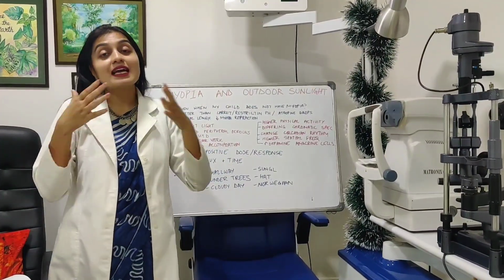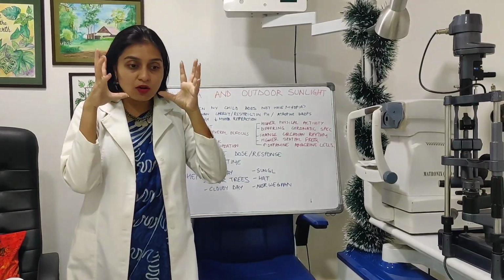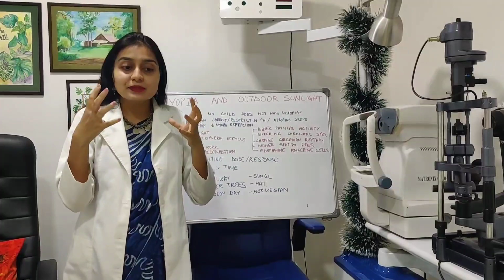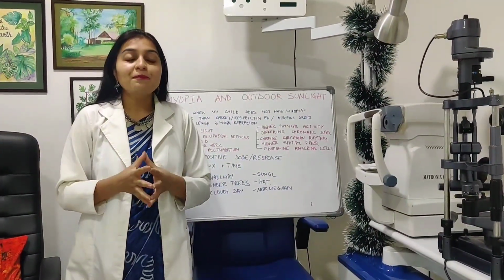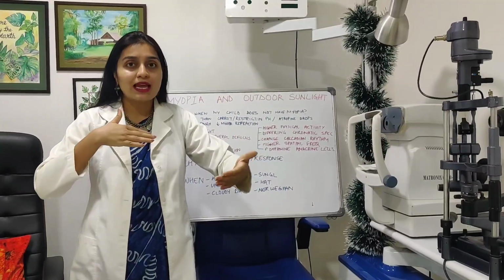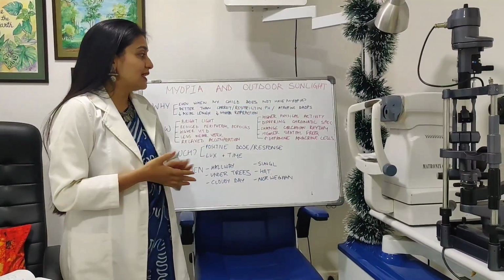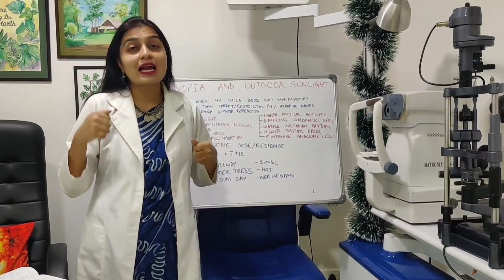The next is relaxed accommodation. Again, it comes down to near work. When you're doing near work, your eyes are in accommodation. It causes eye strain, the lens changes, and it may be causing an increase in myopia. Again, if you go outdoors, you have a wider field where you're looking, you're relaxed, you're not doing any near work, you're not sitting with your screen outdoors, and therefore that may be having some benefits in the outdoor sunlight time.